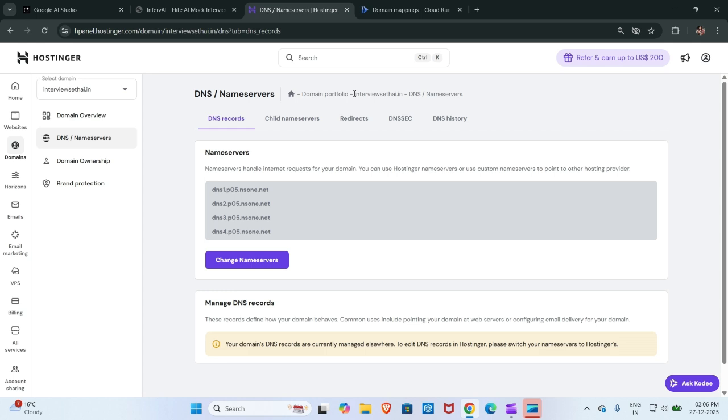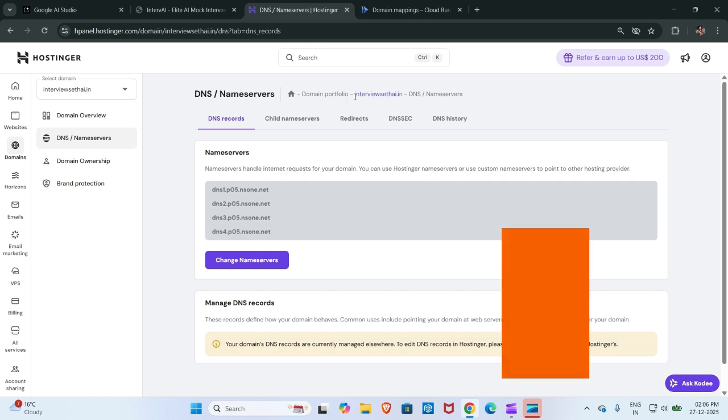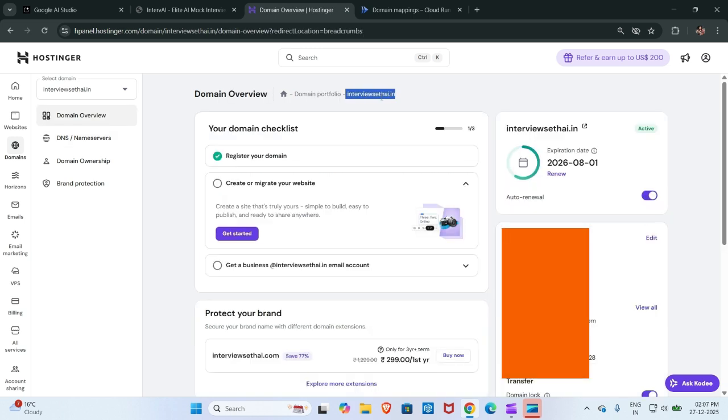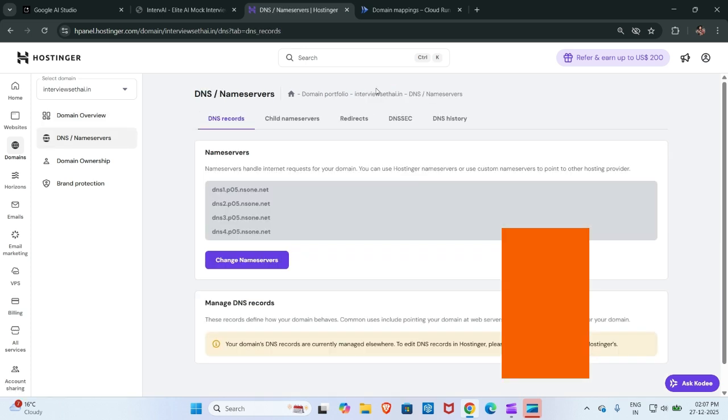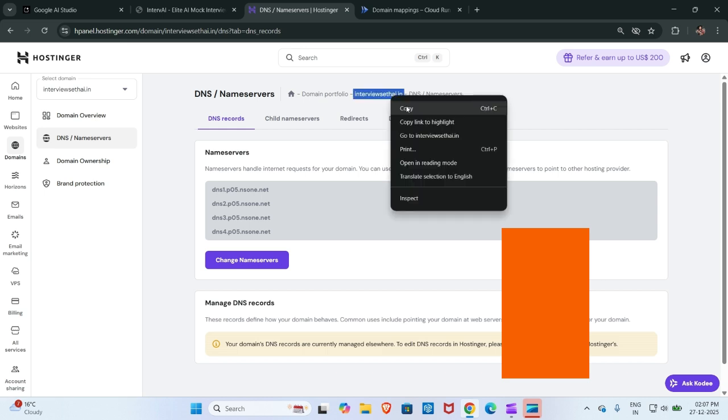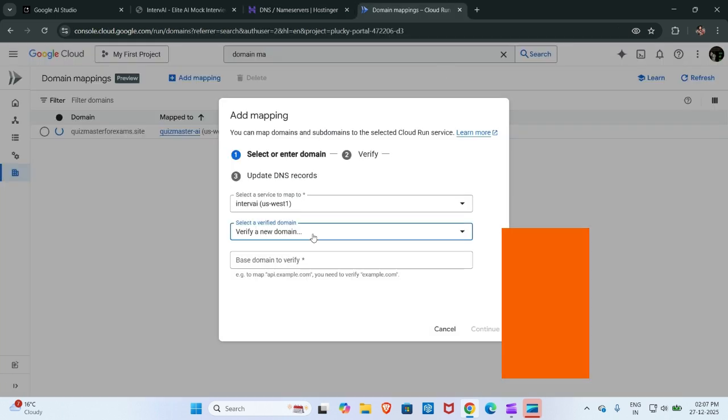So after buying, you have to navigate to this section, DNS name server, and then I will copy this URL. Without any space, I will paste this URL